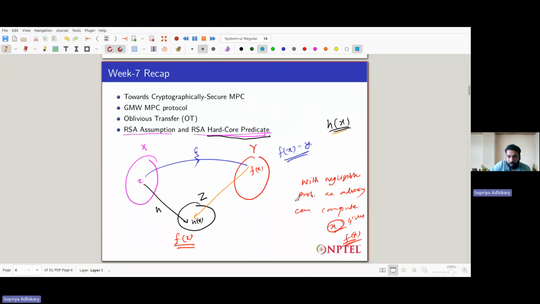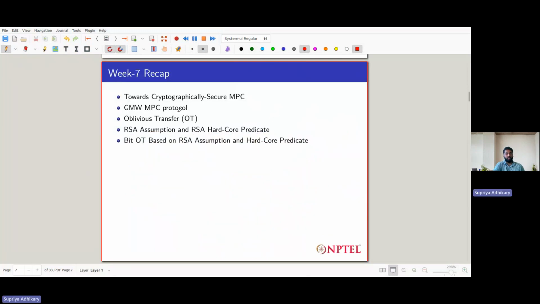If we can say that with negligible probability an adversary can compute h of x given f of x, then we call this h the hardcore predicate for the function f. And what is this RSA hardcore predicate? We will see later, and we have also seen this in the lectures. So using this RSA hardcore predicate, we have to find